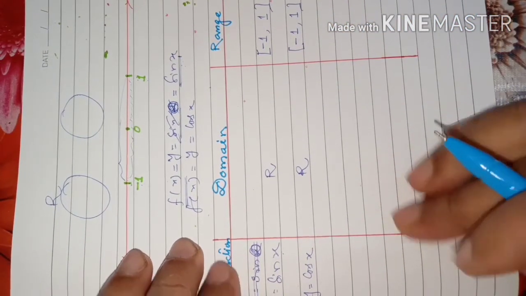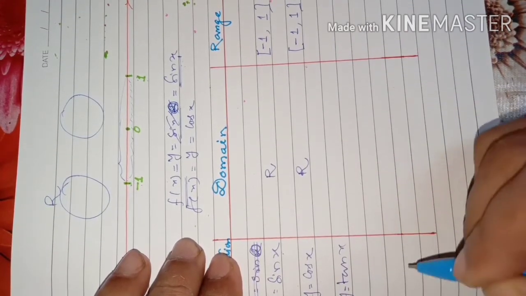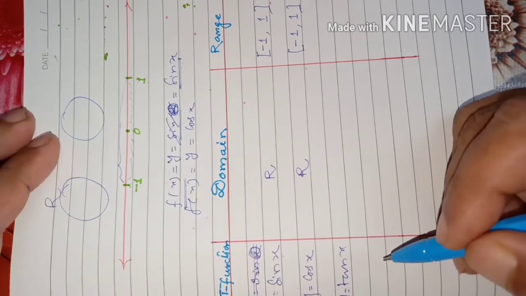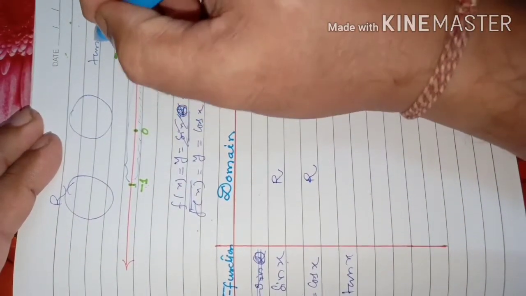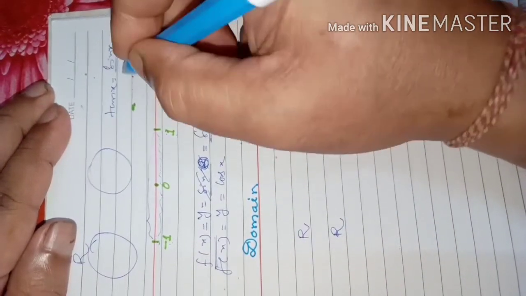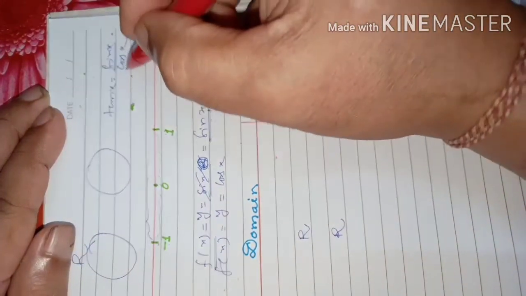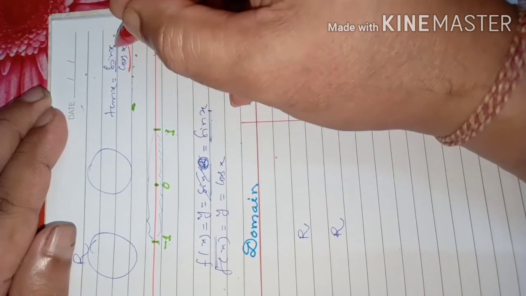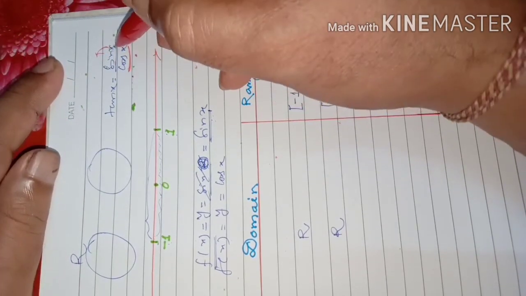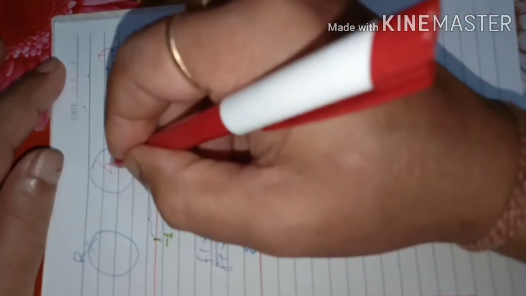What about the tan function? Just see, if y equal to tan x. Now tan is dependent on what? Sine and cos. The tan x ratio is dependent on sine and cos, because sine divided by cos, or sine on cos, is equal to tan. Now you see, this is the denominator, this is the numerator. In the numerator's place, any value you insert will do, because for x any real number you can take. Any real value means the angle can be any real number, no problem.